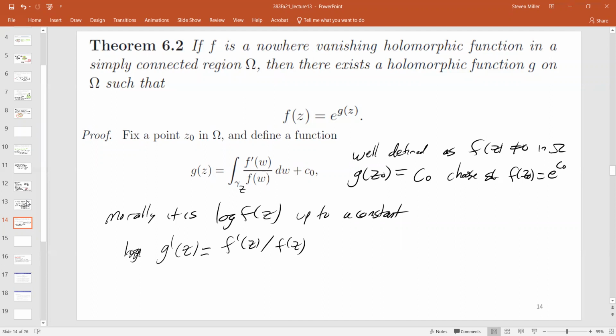And so, given that we have 4 minutes left, I'm going to refer to the book to finish the proof. I want to say a few words to prepare for what we're going to do next time. But it's the same type of argument as before. Morally, this argument looks like it's the log of f of z. If we take the derivative, we get 1 over f of z times f prime of z. And it's just making things rigorous and being very careful about the regions that you're looking at.